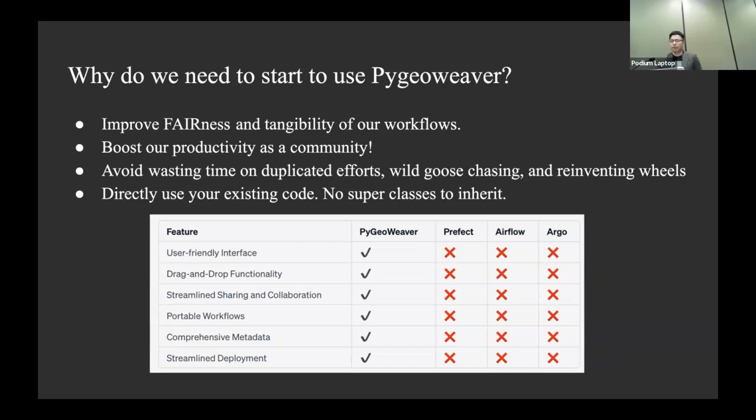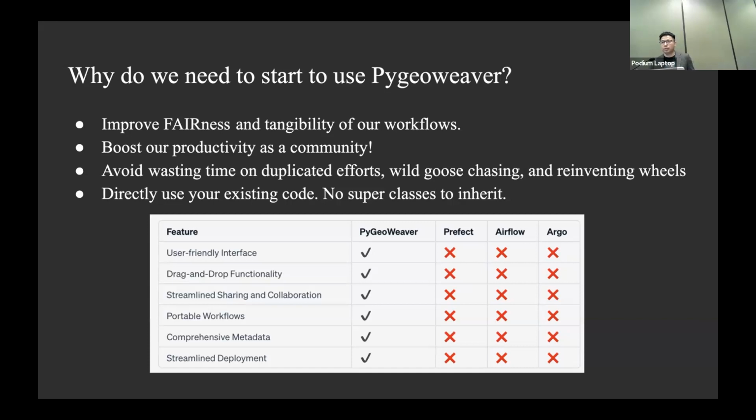PyGeoWeaver is bring your own code, just directly using your code. It will always track the history and everything. That will be easier if you don't have a very rich software engineering background.